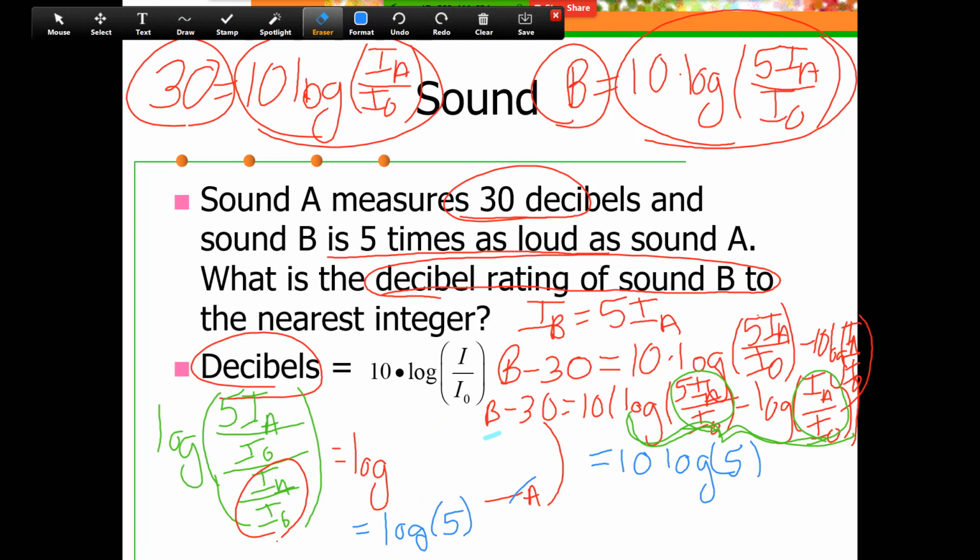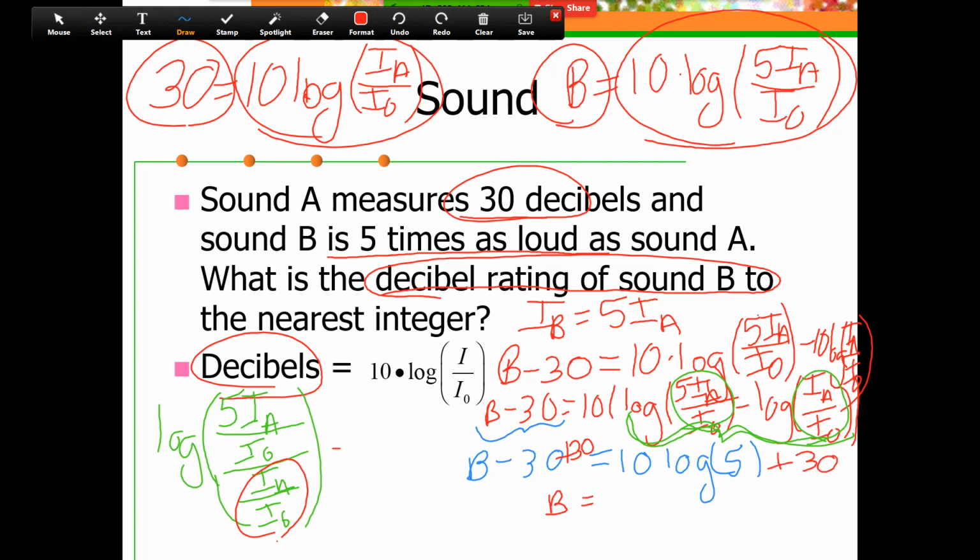So let's give ourselves some room over here so we can carry down the rest of the problem. And the other side over here is still the same. It's B minus 30. Now this makes it very nice. All we have to do is add 30 to both sides to get B by itself, which is what we're looking for. And so we're going to add 30 to this side. We just need to calculate 10 times the log of 5 plus 30, and that's going to give us